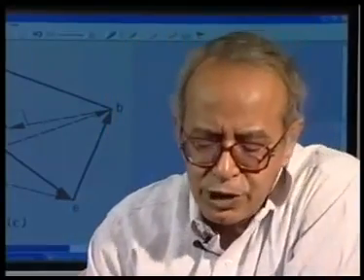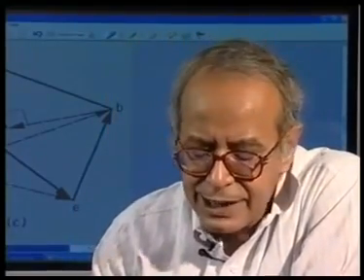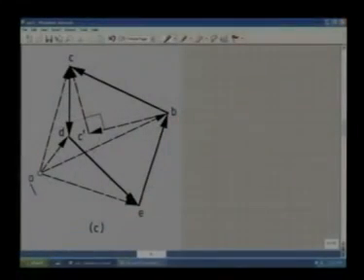The same will be true even for the acceleration diagram. This is the acceleration diagram and this is the pole of the acceleration diagram O. So this vector OB represents acceleration of B, and this vector OC represents acceleration of C. So the vector BC, which is OC minus OB, is nothing but the vector BC is